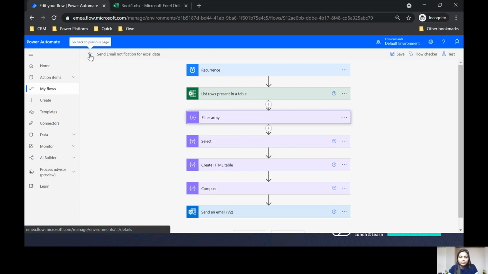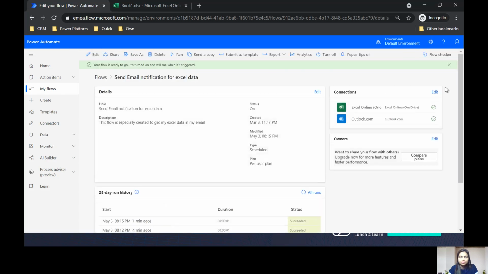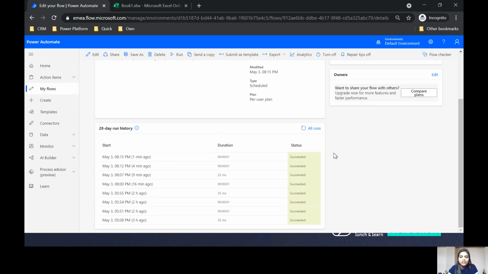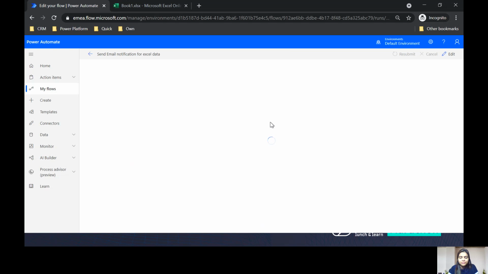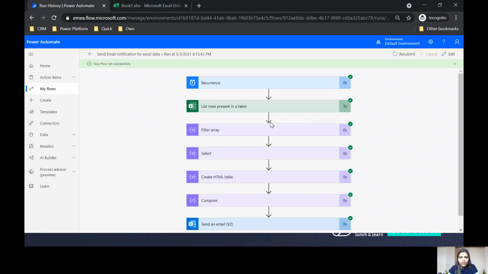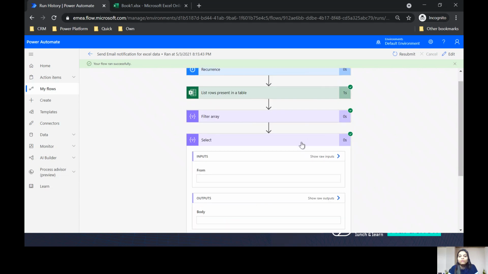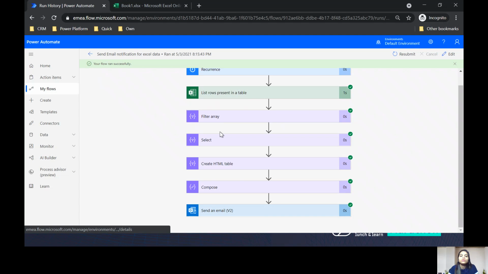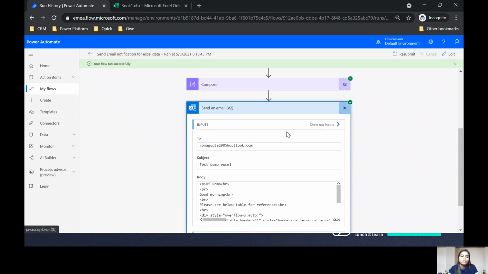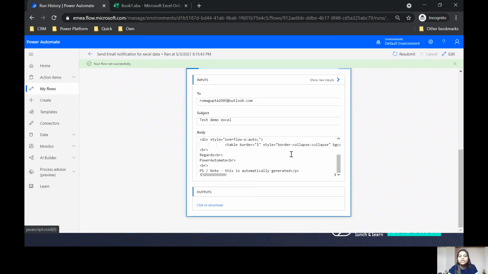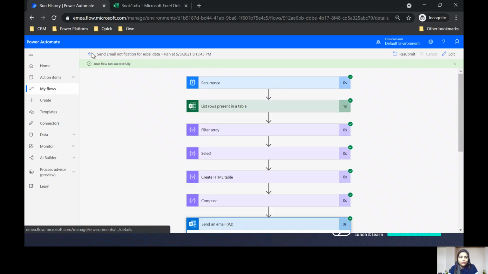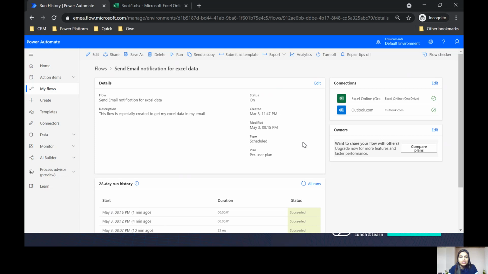I'll go back. If I click here, the recent status is like when it ran on 3rd. So if I click on that, it will also save those stats for me for 28 days, right? So I can always go back and see for what value I ran, what the value was, and to whom the email went. So the body will be in the HTML format. If you see, the BR tag is here, right? So that was it from my side.